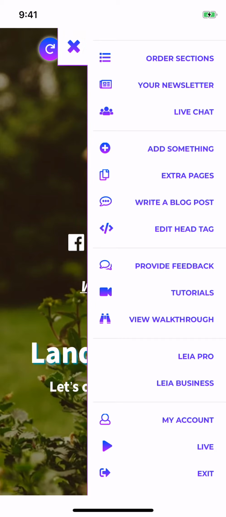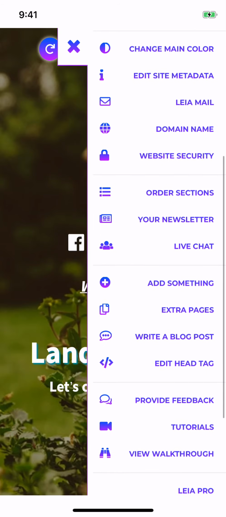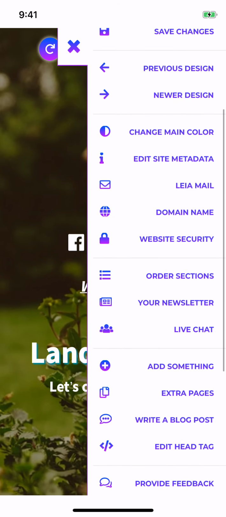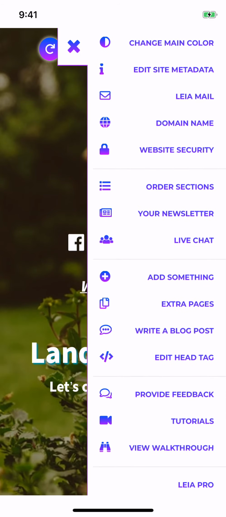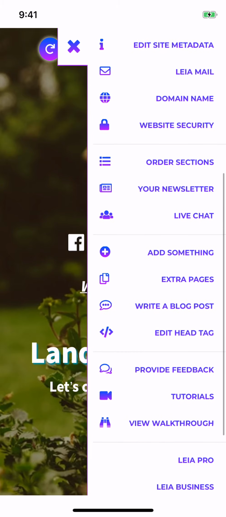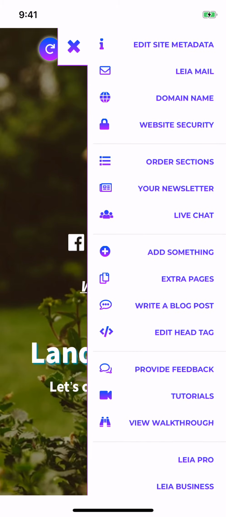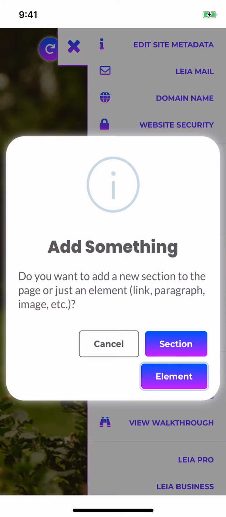So in the mobile editor, we're going to click on the Toolbox icon in the bottom right hand corner. And again, we've already talked about these designs up top. So now we're going to talk about the sections starting with add something. These sections are going to require an upgrade, so you're going to have to check out Leia Business or Leia Pro if you want to use some of these features. So if you want to add something, you have the option to either add a section or an